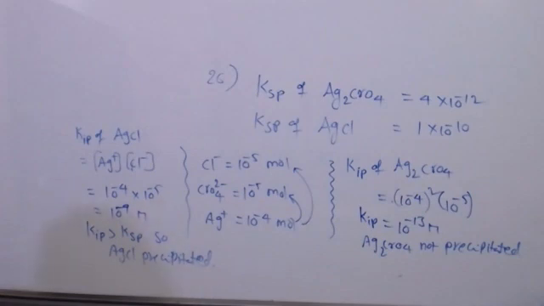pH value of which one of the following is not equal to 1? See, 0.1 M HNO3 pH is equal to 1 only. 0.05 M H2SO4 also gives 1, because we have to check equivalence. It is providing 2 H+ ions, so 0.05 multiplied by 2 gives 0.1. So pH is 1 only.